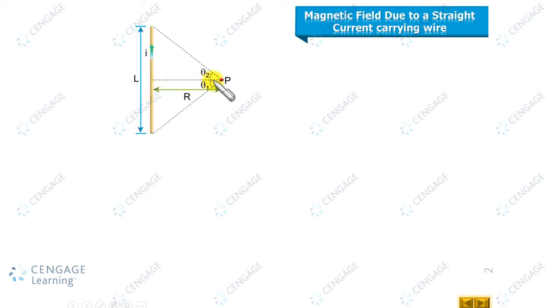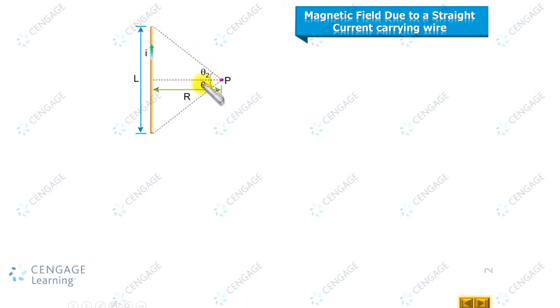This dotted line is called the baseline, right? You can observe here this dotted line is the perpendicular line dropped from the point P to the wire. This is having length capital R. These angle theta 1 and theta 2 are the angles made with the baseline by the line joining the ends. You can observe here this lower end is making angle theta 1 with this baseline and upper end is making angle theta 2 with the baseline.